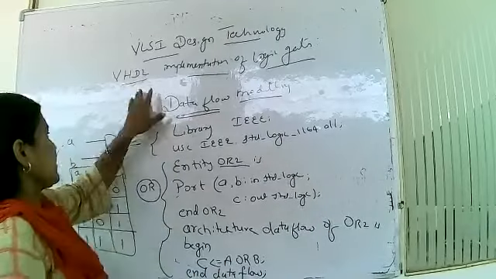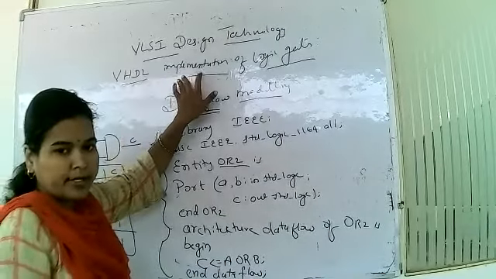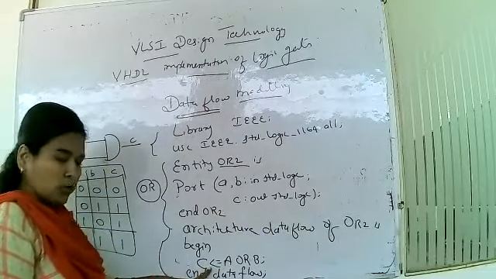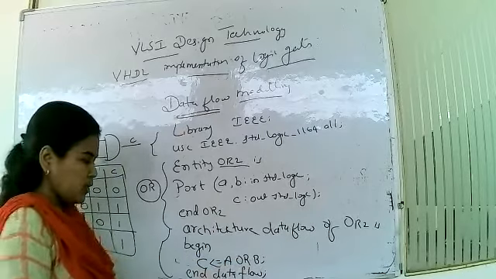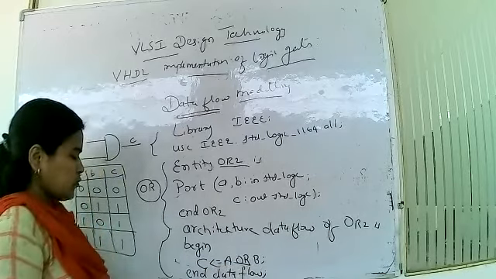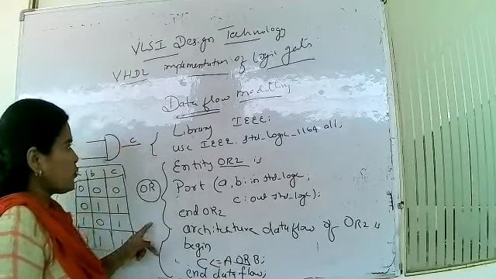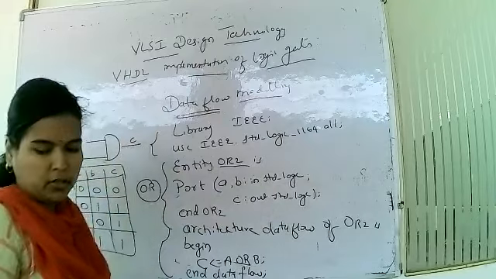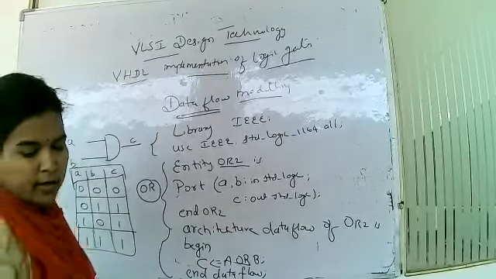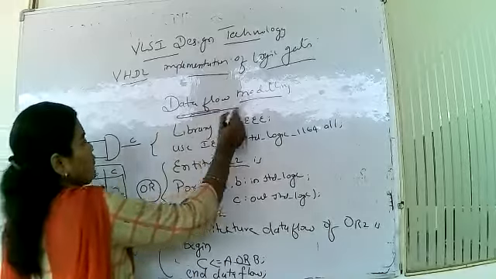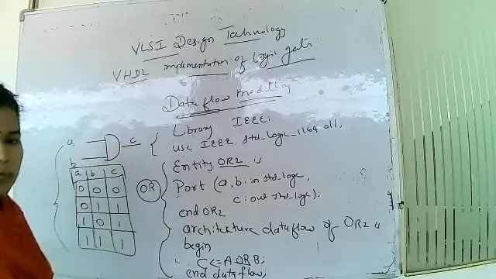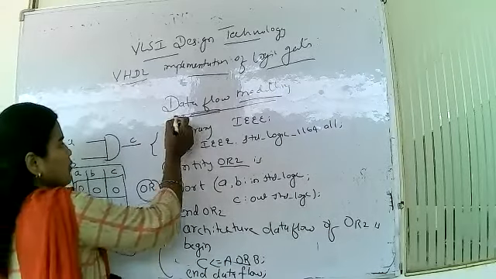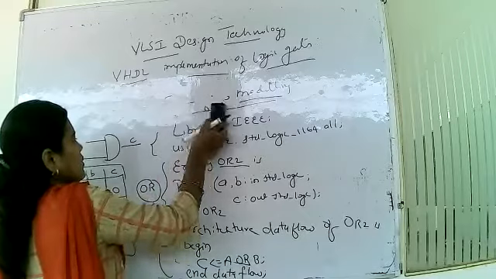What we are writing here is the implementation of the OR gate. For the OR gate we write the design as output is equal to A or B, using it directly. So end of the dataflow. This is the program for the data flow modeling of the OR gate in VHDL implementation. Next, if we are writing the program for behavioral modeling.